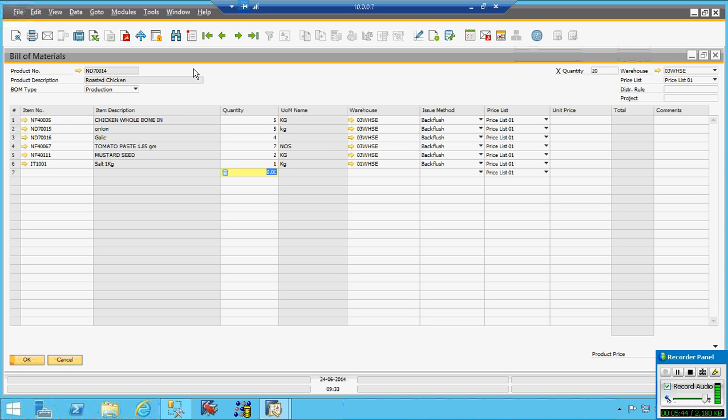We define here only for that. Like for example, I define here for 20, this is the required. System will automatically say for 1 roasted chicken how many you want. Now here I am telling for 20, chicken bone 5, onion 5 kg, garlic 5, tomato paste 7, mustard paste 2, salt 1. This is what is required for 20. So